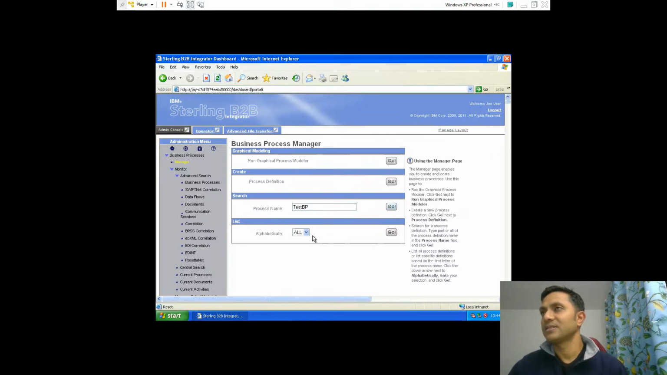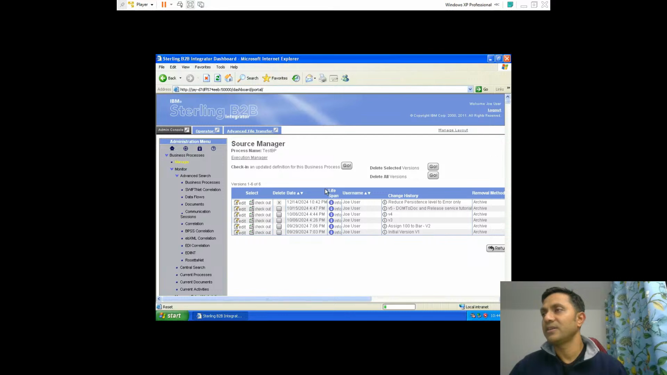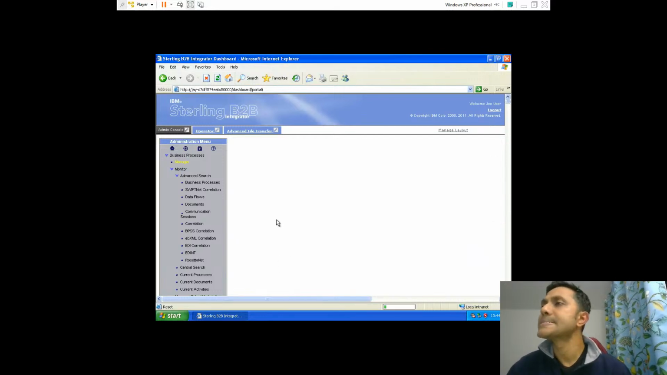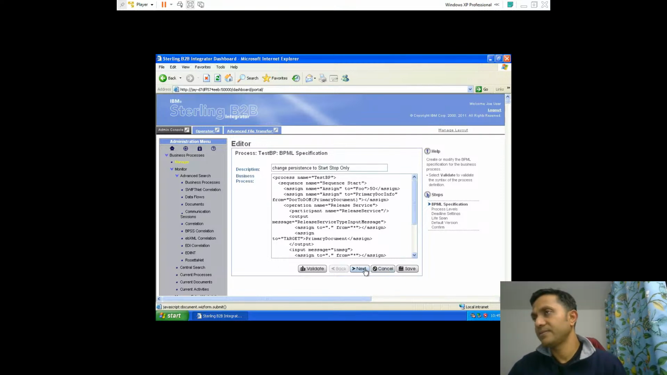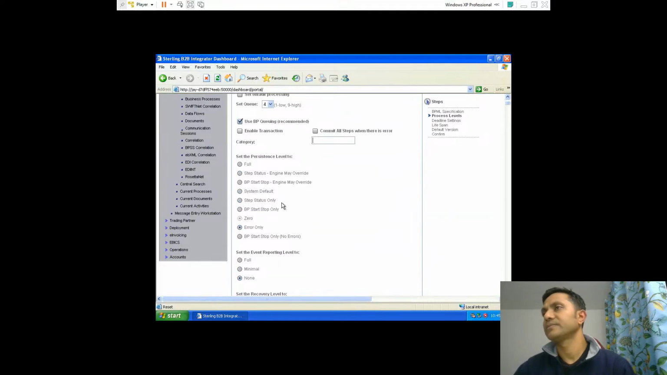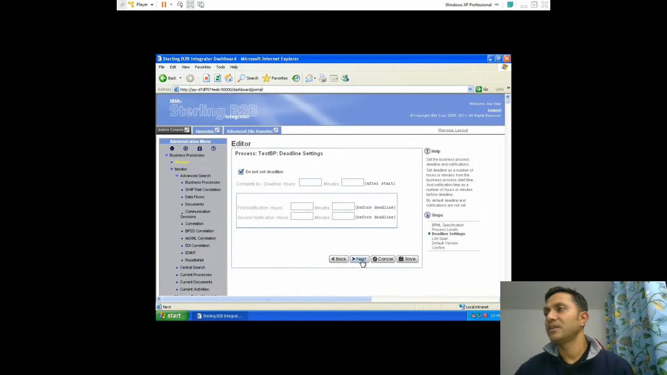Let's do this. I go to this test BP and click on edit, and change persistence to star star. That means the first and the last step. So BP star stop, no errors. I'll select this one, and then there's